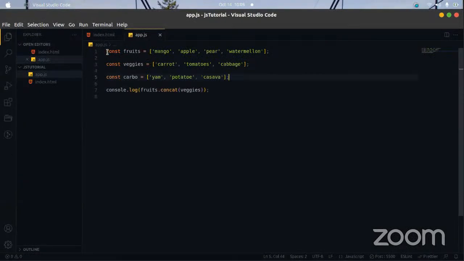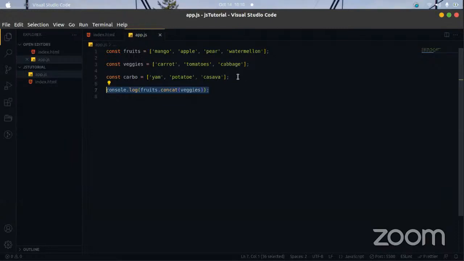We have the first array which is fruits, and the second array which is veggies, and we use concat, and we're able to join these two arrays together and get an array which is a combination of fruits and veggies.